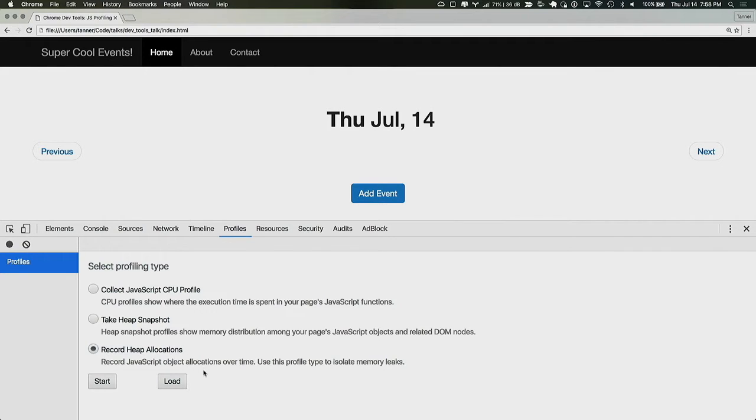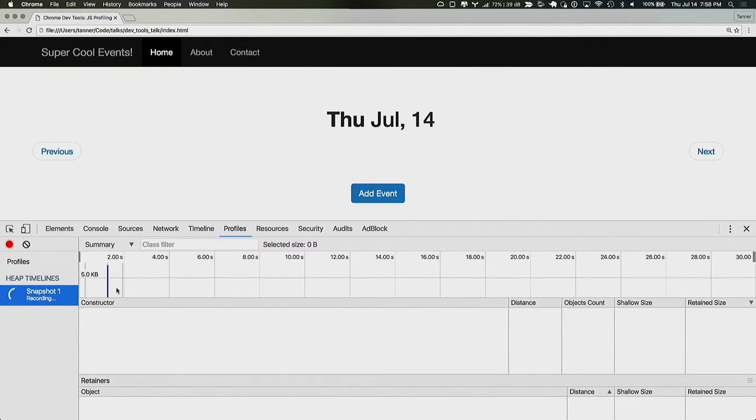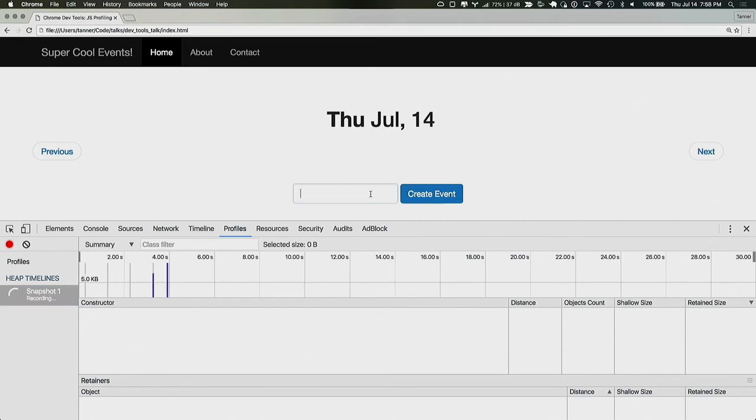This one records JavaScript allocations over time, and we use this profile to isolate memory leaks. Great, totally self-documenting there. So we're just going to hit start and start messing with the app and see what happens. You can see this little timeline starts triggering, and I'm just going to click my add event,